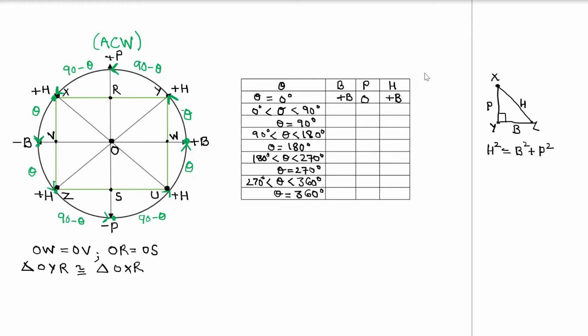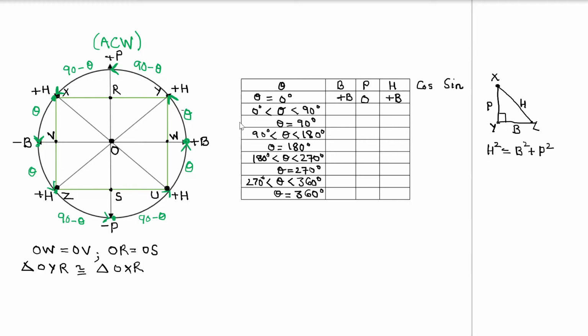Correct? Now, let me put the value of cos and sine also simultaneously, if we are able to calculate their values as well. Let me first complete the table of BPH. Please remember that BPH is going to be very important for further discussions, and if you have seen other sessions also, there we have talked about the concept of BPH being very, very important for you, whether it is trigonometry or other topics as well, like geometry and coordinate.